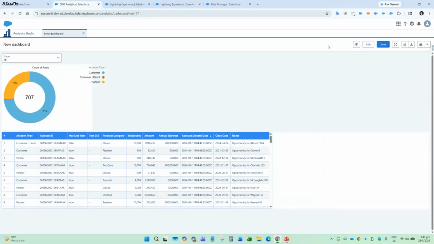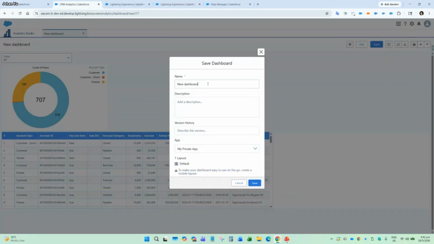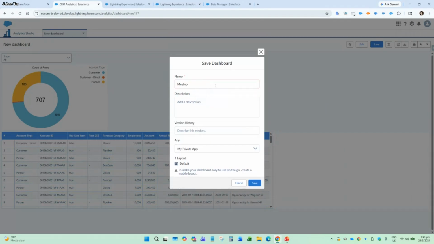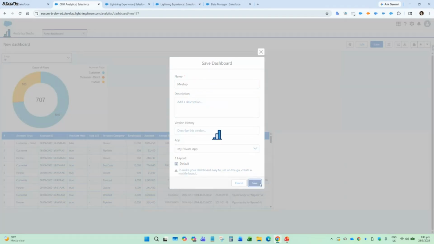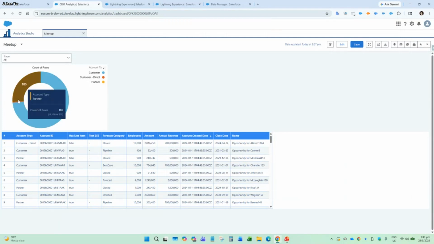If I now click preview, of course I save to be safe. Now I have 590 and 185, and then there is one, a very small one. Customer direct, or three customer direct. If I want to see who these three are,